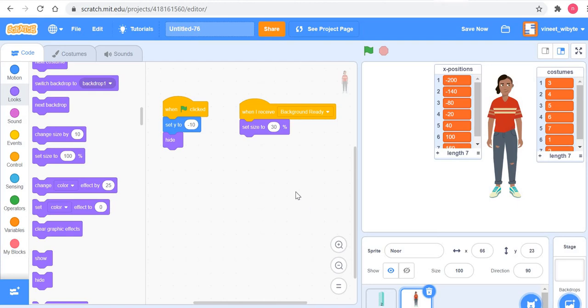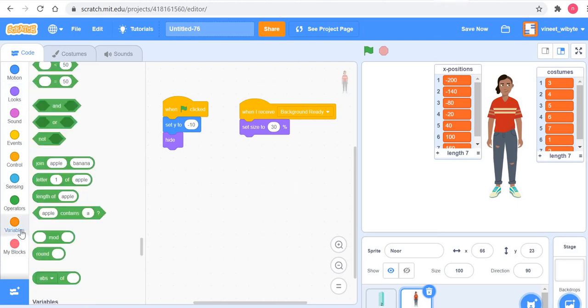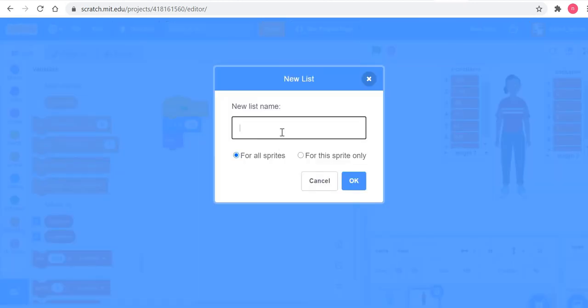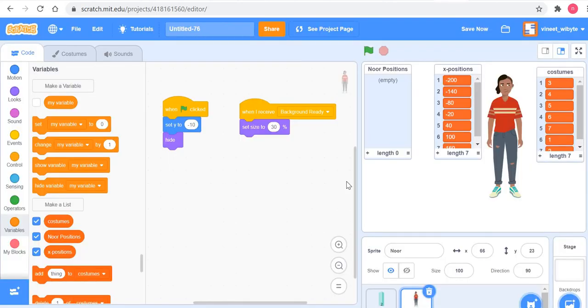All right. So I am now going to create one more list for Noor to store where all she has been. Okay, so I'll say, I'm not making a variable, sorry. I'll say make a list. Let's just call it Noor positions. Now these names again have to be reflective enough so that we understand what they are trying to do, right? So I'm calling this Noor positions, and the idea here is that I am going to send Noor to different buildings, and I'm going to keep storing where all Noor has gone.